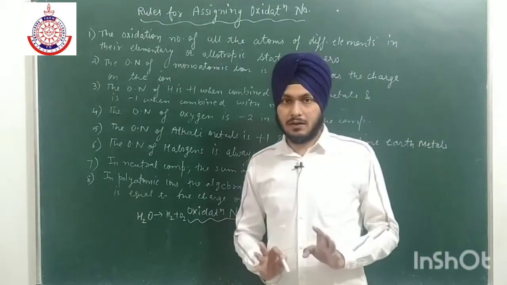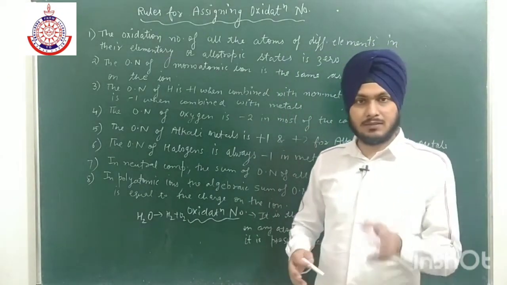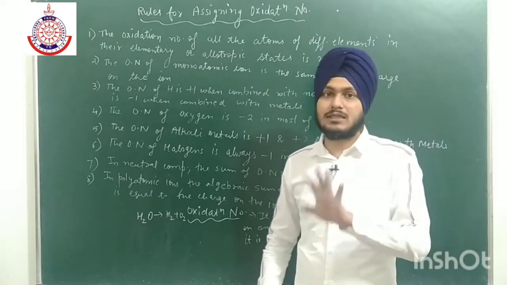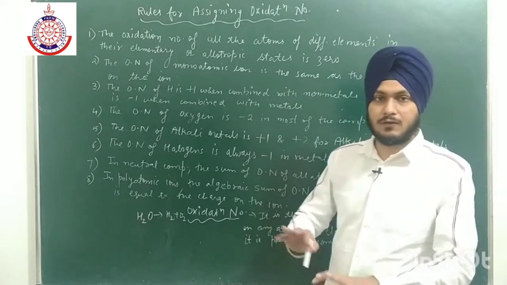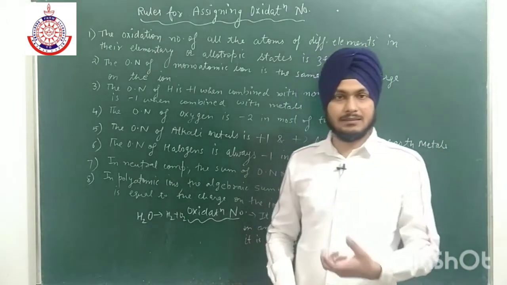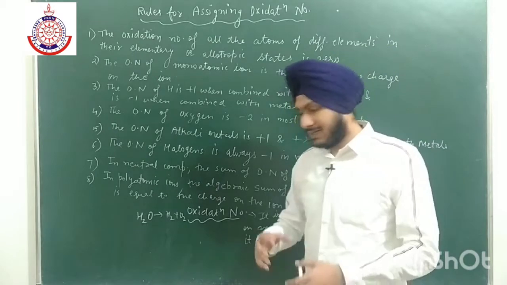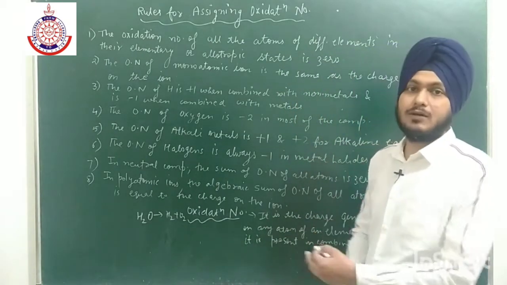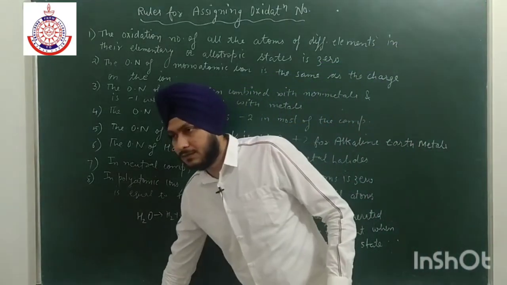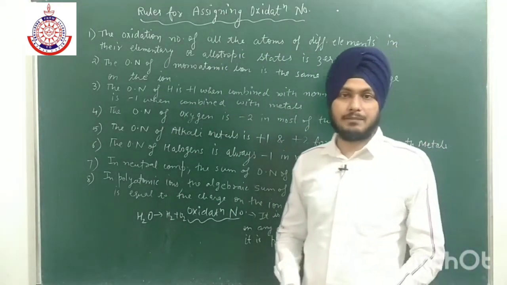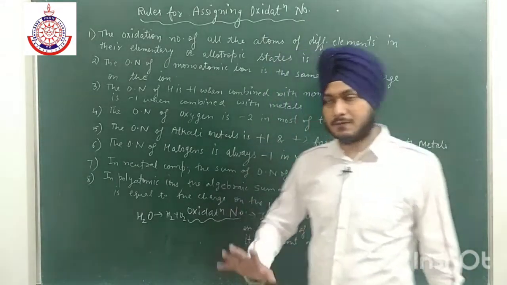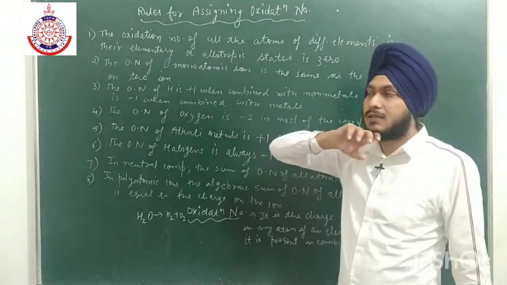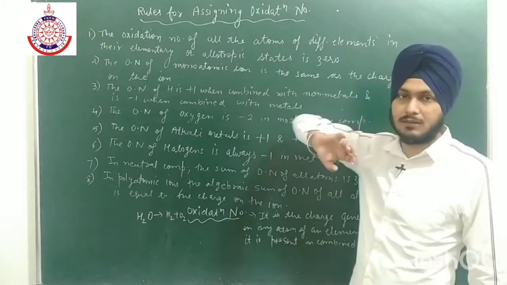Is it clear? As the name suggests, oxidation number will favor the oxidation. So if oxidation number increases, it means oxidation takes place, and if oxidation number is decreased, then it means reduction takes place. Now let us discuss some rules in order to assign oxidation number to different atoms of any compound. This is our first step: in order to check whether oxidation or reduction takes place, we first assign the oxidation number.